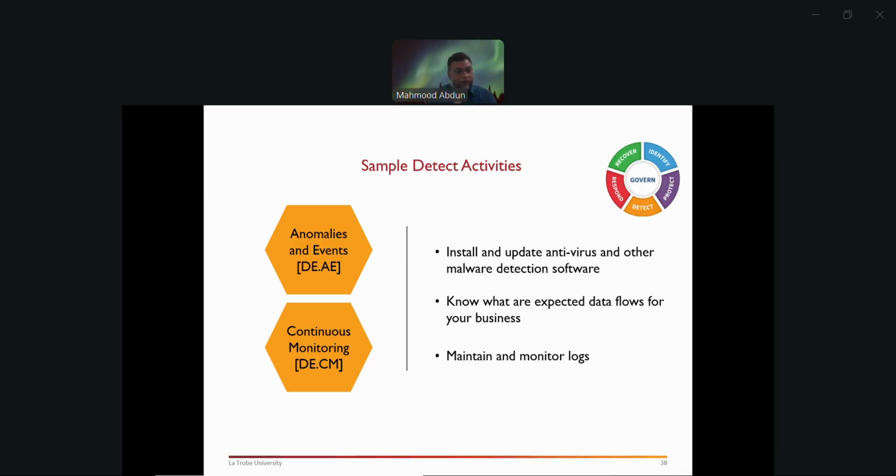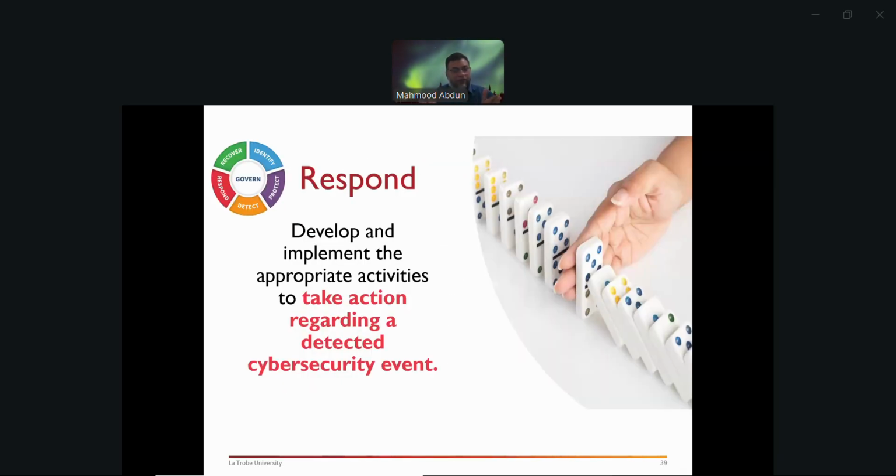Then comes respond, the function that I said could be a little bit confusing with protect, because protect is something that you do beforehand. It is not a continuous process, though some of them are continuous processes. For example, patching is a continuous process. But respond can have some overlaps with protect. For example, if you're going to patch something in response to a threat that you've identified, then the action is respond, not protect. Does it make sense?